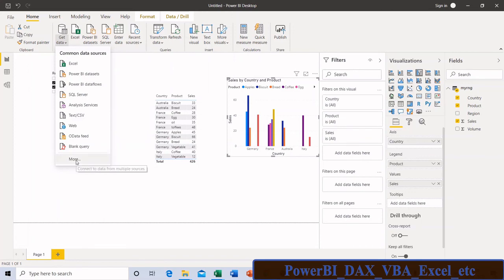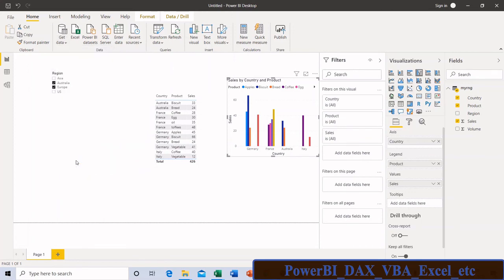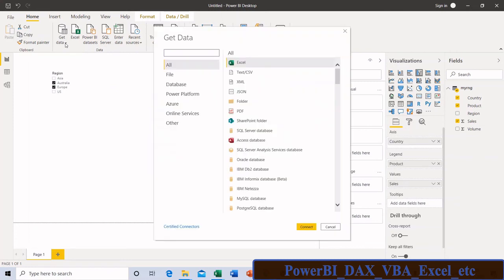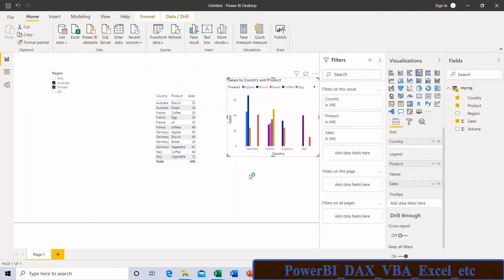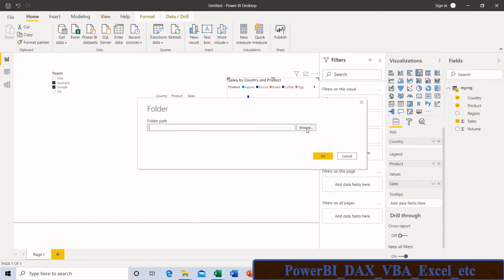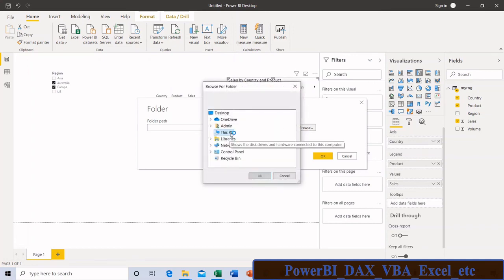So for that, click on this more, then select folder, then connect. I need to browse the folder name in which my data files were kept. I'm browsing this D drive, Excel, this PBI data is my folder name.